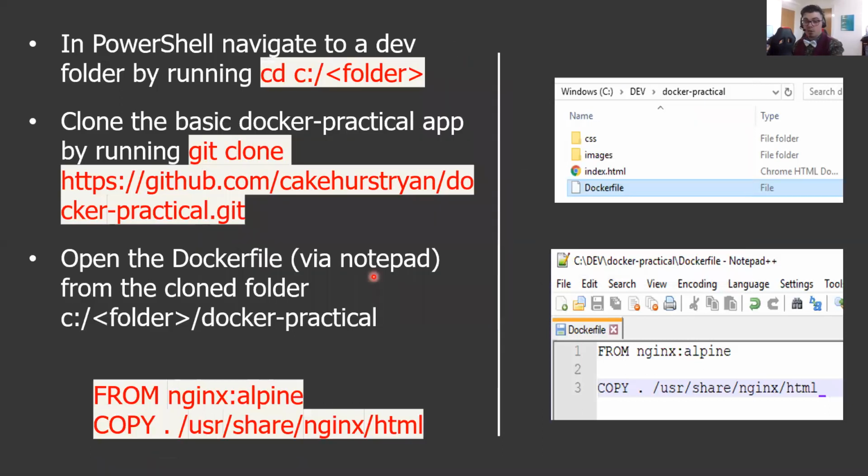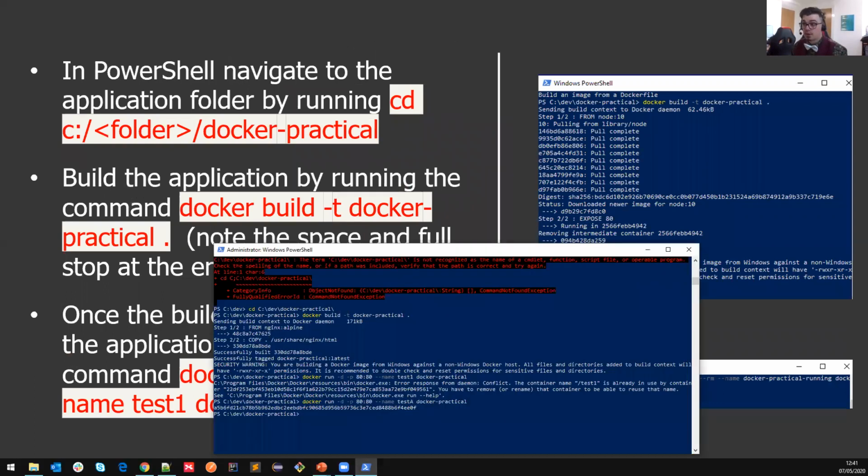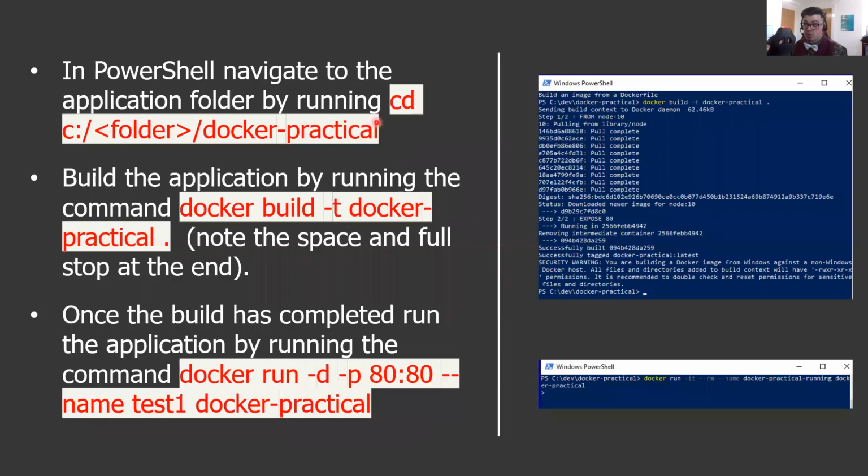Once we've done that, we go back to our command line. We navigate to where we've just pulled down the application by saying cd, change directory, to the location. And then what we need to do is build the image and run the image. So firstly, we build the image and we just go docker build -t, and then the name of the